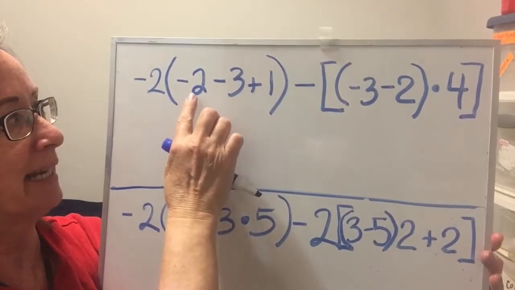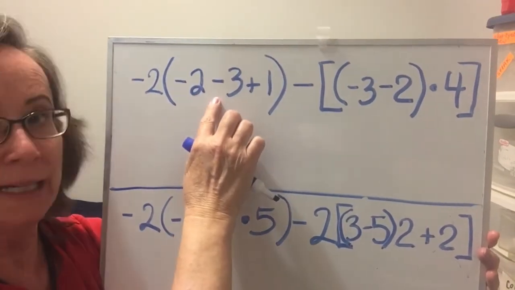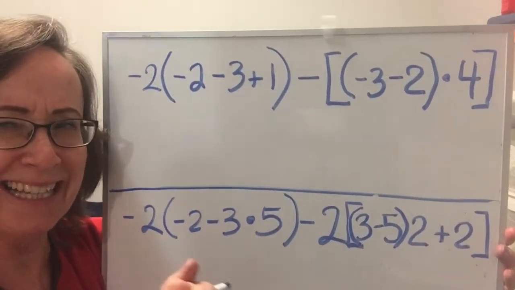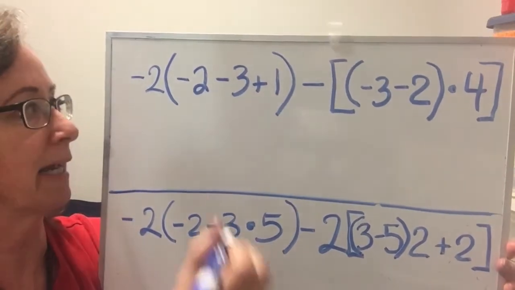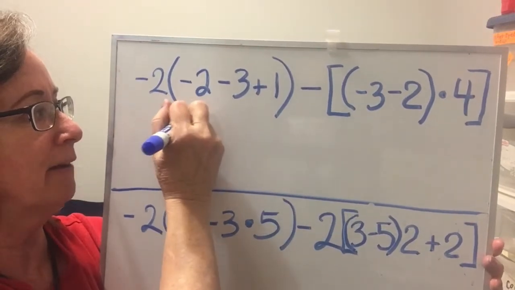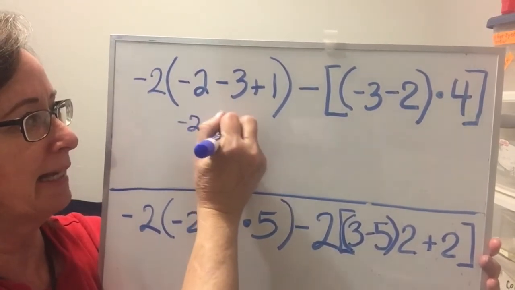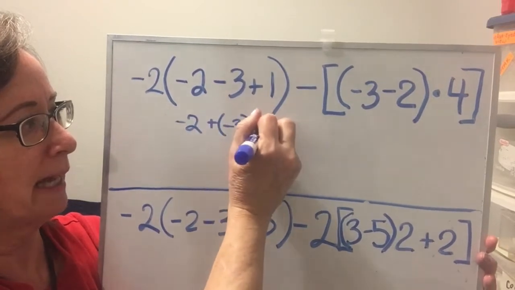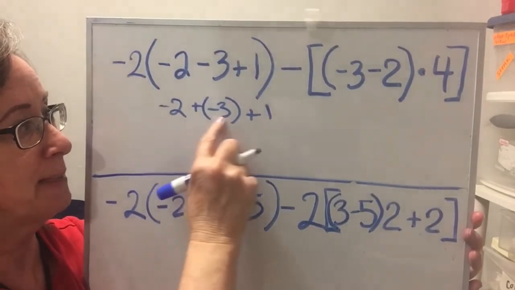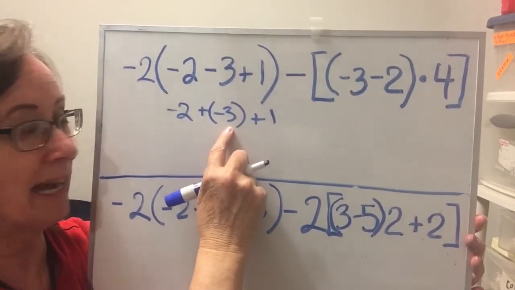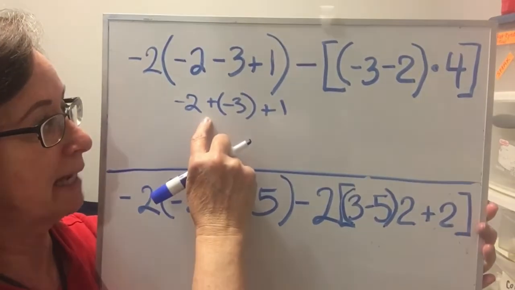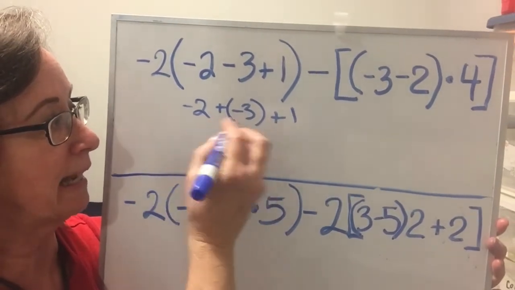So here in this one, -2 minus 3 plus 1. Now when we have a -3, isn't that the same thing as a plus a -3? So we're going to get used to writing everything in addition. So -2 plus a -3 plus a 1 is what we have inside that parenthesis. So same sign, add, which is a -5, and then take the common sign, -5. Same sign, add, take the common sign. So this is a -5